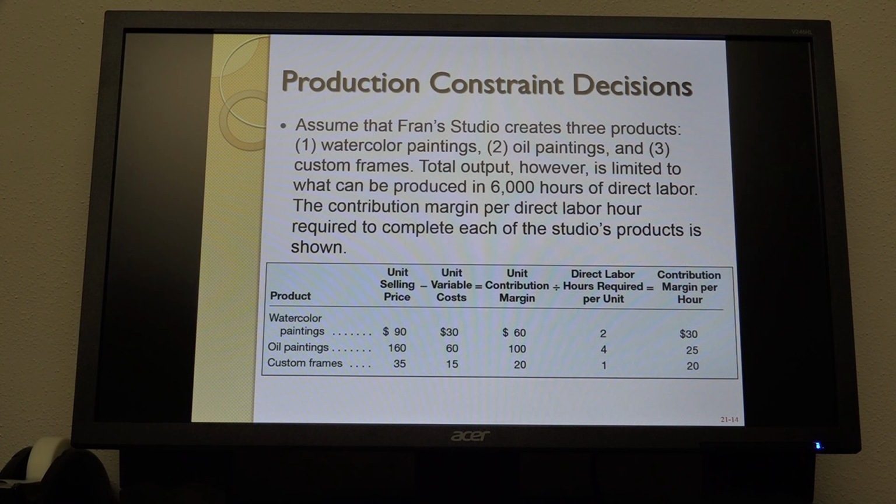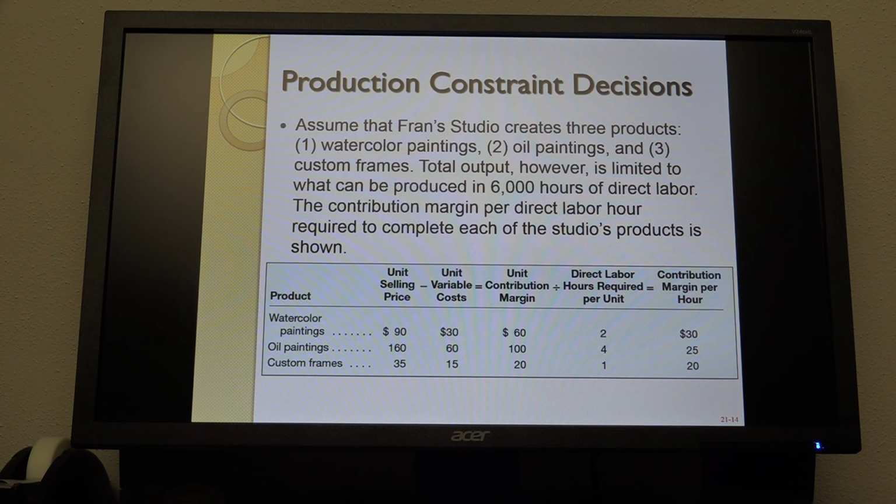So you can deduce from that that they have a small labor pool, really can't grow it. The contribution margin per direct labor hour required to complete each of the studio's products is shown as